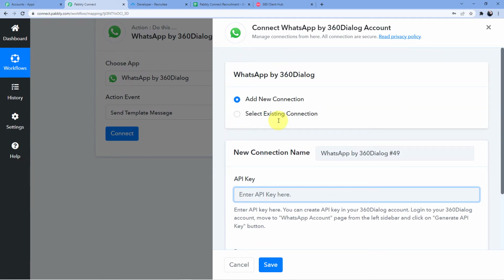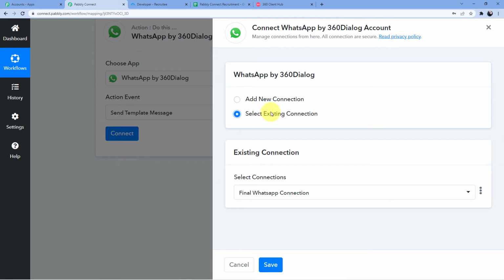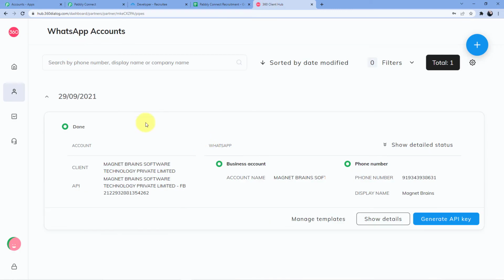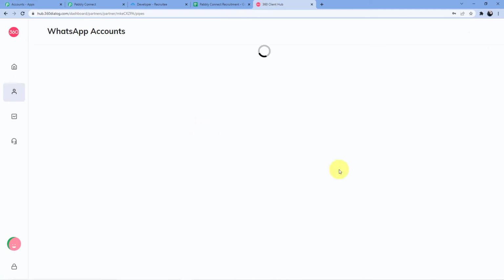Now I already have connected my account, so I'm not going to regenerate my API key again. I'm just going to select my existing connection, and here you can see this is the final WhatsApp connection. Okay. So I'm just going to save this connection, and now let me tell you what this send template message is. Here you can see in the WhatsApp account,